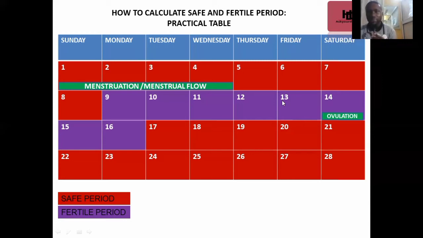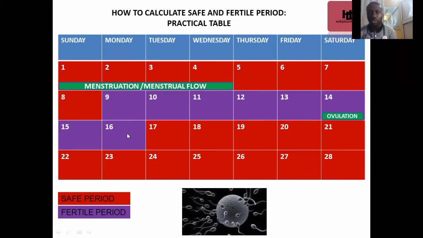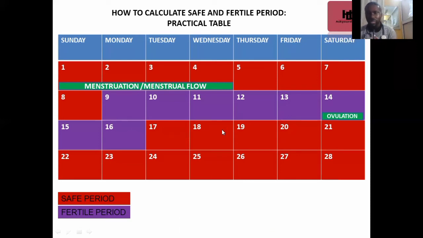But if you are an individual that doesn't want pregnancy at all, that period you don't even want to have sex, from this ninth day of your cycle to a day or 2 days after your ovulation. After that period, when the egg had died, after spending 12 to 24 hours without fertilization by sperm, which is this 17th day of the cycle, you are safe again. So invariably what it means is that you have a more safe period in the cycle than even a fertile period.